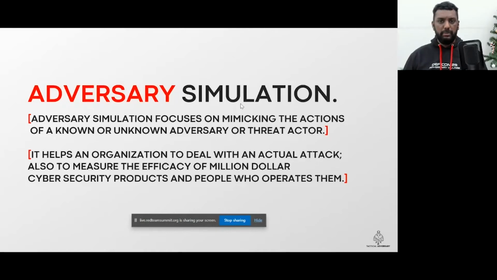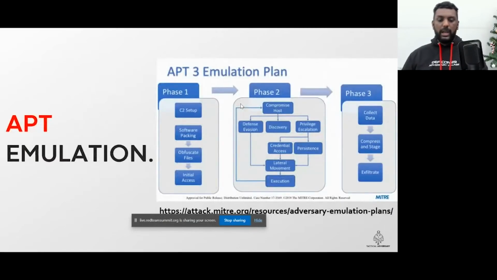Many things are there. Many reasons. People wise, they can also include their defending teams, like the cyber defense team, into action when they do emulation or simulation. So APT emulation, like we mentioned earlier, like adversary emulation, MITRE is providing a wide variety of APT emulation plans. So we could create emulation plans for certain APTs and try to understand how our organization is responding to that. Because now we know,